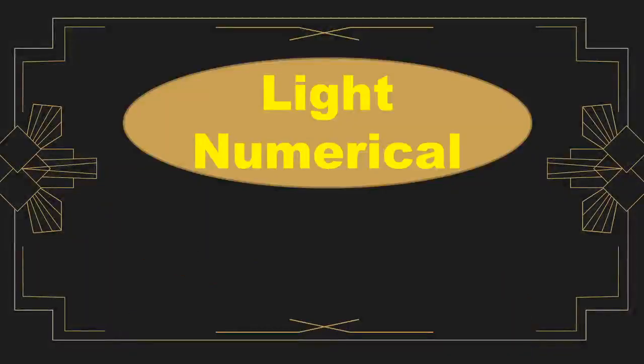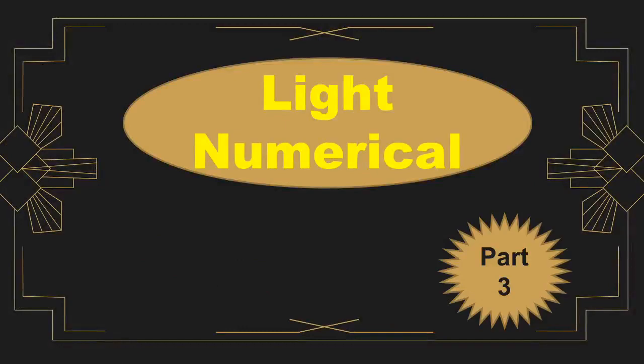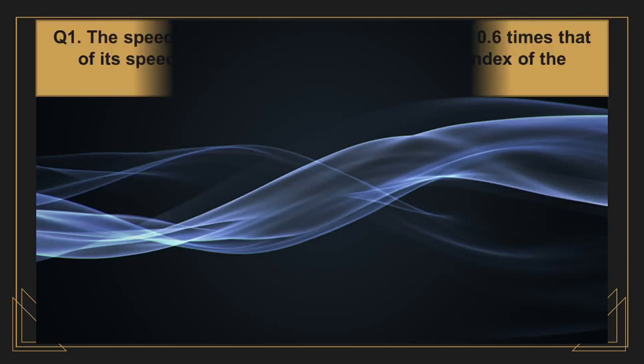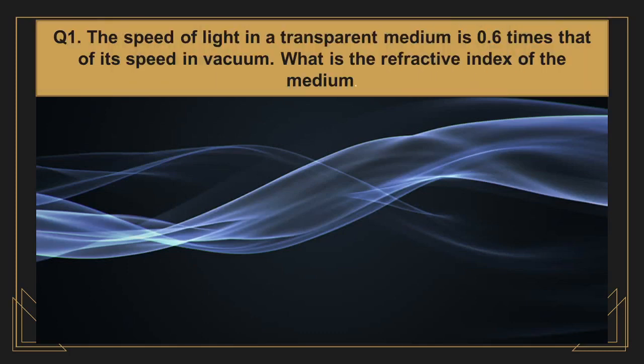Today we will discuss numerics part 3. We know numerical problems matter a lot. It actually gives you confidence. So please pay attention. First question: the speed of light in a transparent medium is 0.6 times its